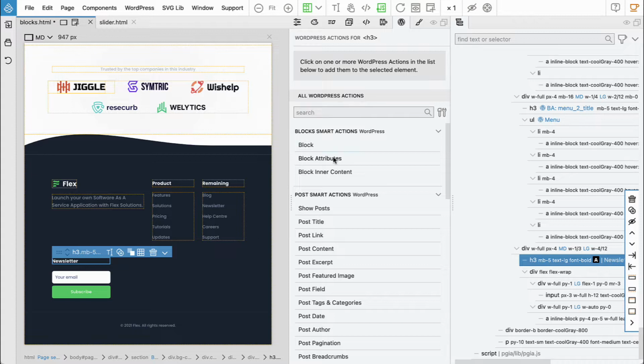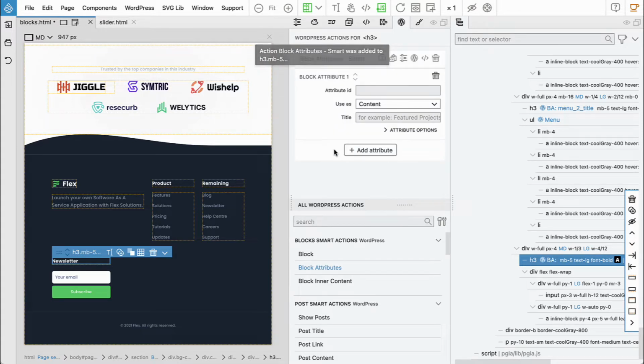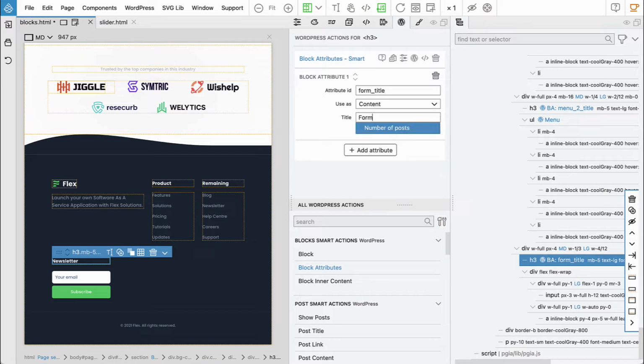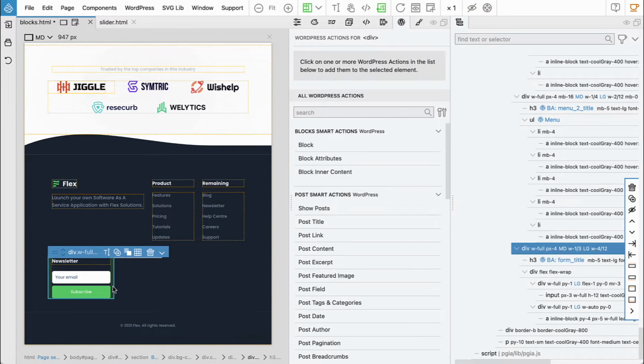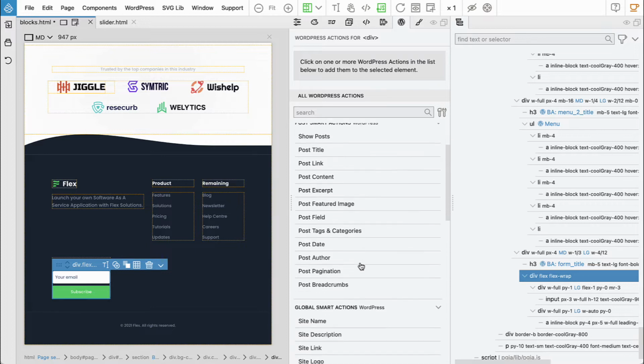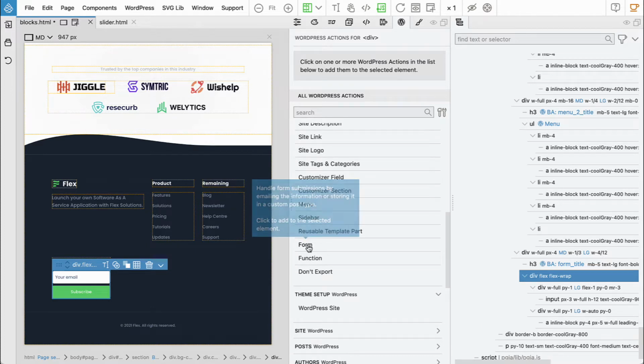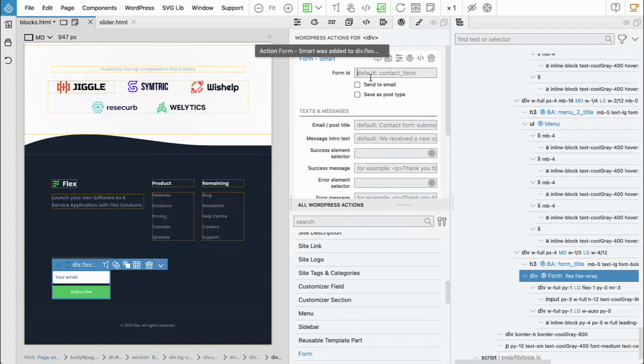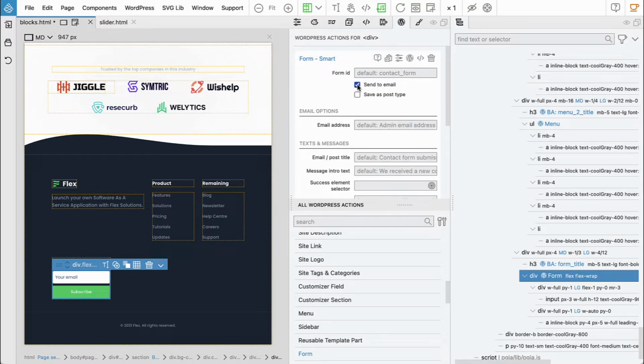So let's again use block attributes to make this form title customizable. And then we can even implement the form itself. So we can use the form function, form smart action. And let's say we will just send submissions to email, to the admin email, and the post title will be